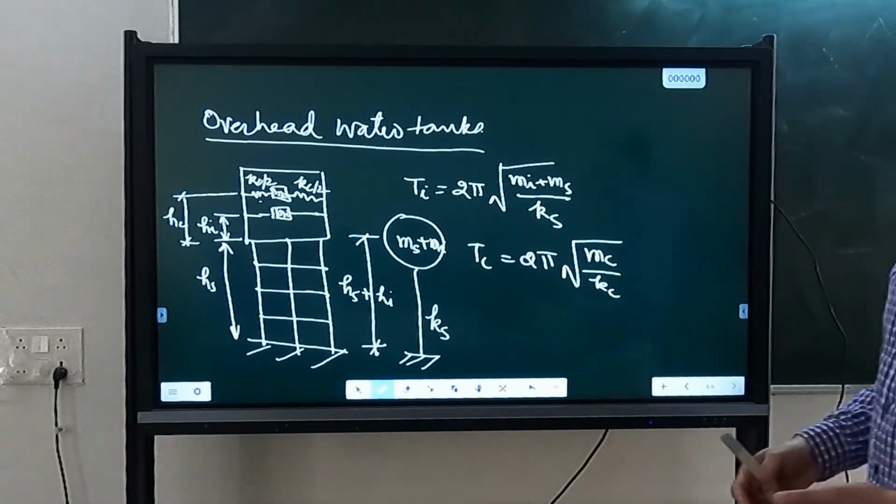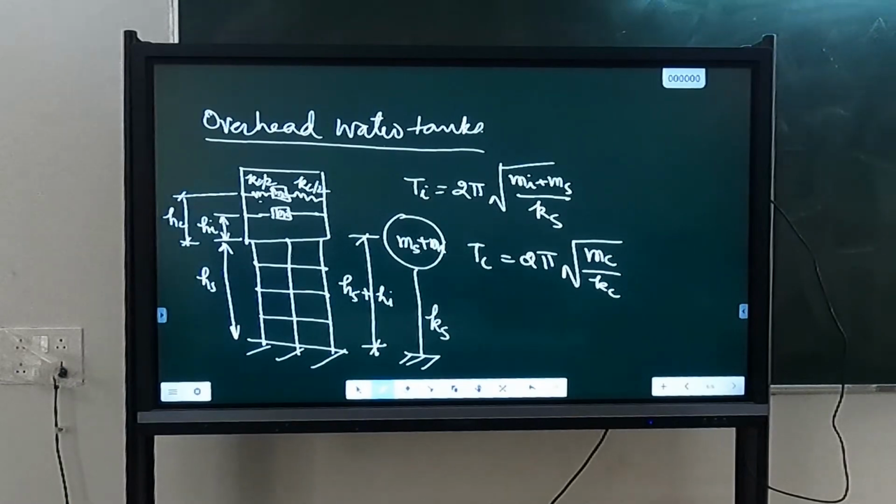Now you can visualize the next step. Once you know the period, what is the next step? You will calculate Ah, multiply Ah by the masses, you will get the force. Okay. You should know at what height these forces are acting. Okay. You will get the bending moment and shear force in your work. That we will take up when we need to know action. In the meantime, go through this code, you have decided